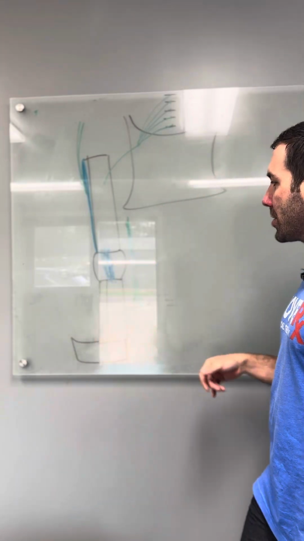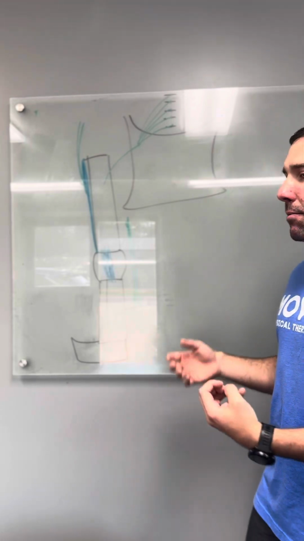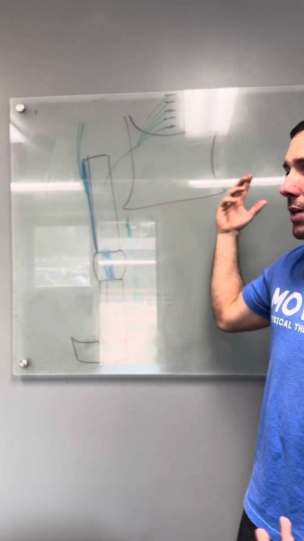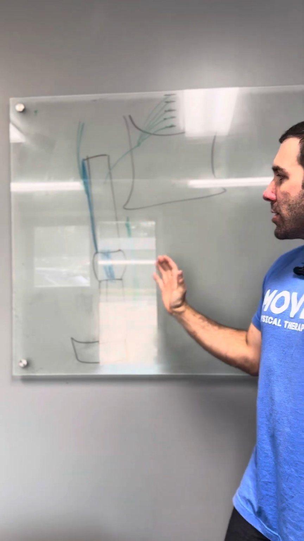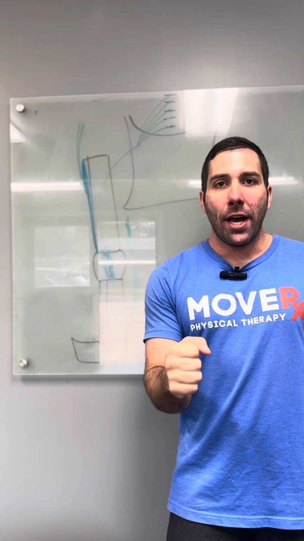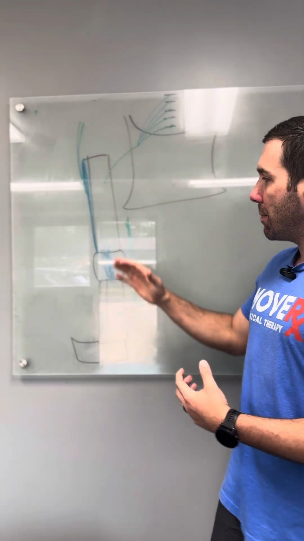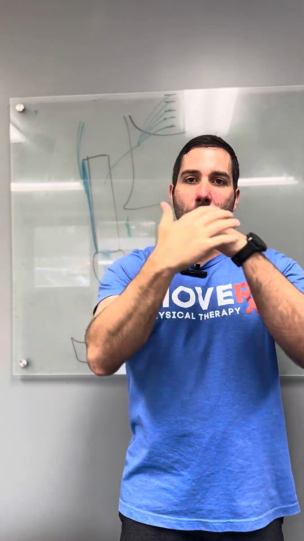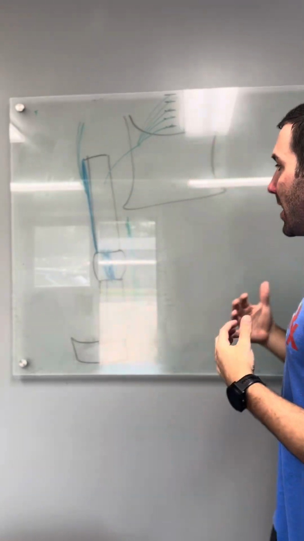If they don't have good adductor strength, as they go to come out of a deep squat, half of that movement is coming from the adductors. The other half is the glutes. And then there's other little muscles, but primarily those two, right? So if your adductors aren't strong, you're going to see that knee kind of whip out or do things kind of crazy, and that puts abnormal stress again through that knee. So that puts more of that shear force to the knee. So instead of having this motion here, you're going to have kind of this motion here. So you're getting a lot of shearing force. Your knee does not like that.